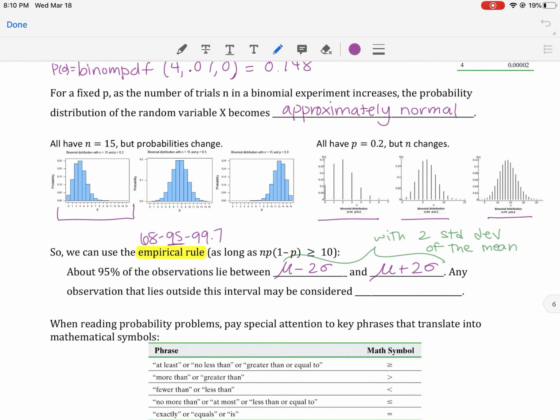And then any observation that lies outside that interval may be considered unusual. Okay, I'm going to take a pause there and then come back and I'll